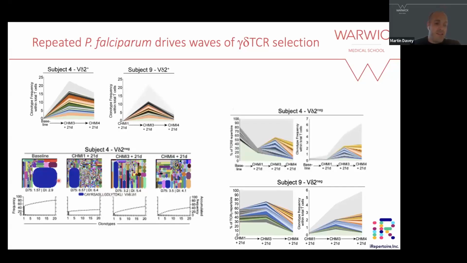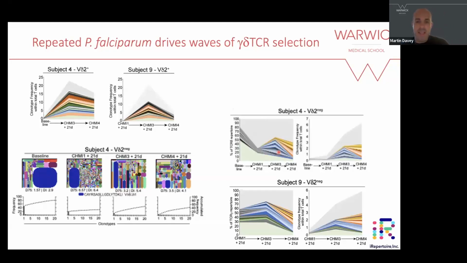And so what happened as they started into the CHMI, so CHMI 1, 3, and 4, I'm showing here, you can see this V delta 8 clone here, here, and here. But as you can see, it's not expanding. It's being diluted down and contracting. And in fact, what we were seeing was this sort of massive expansion almost of diverse clones. So if it was a polyclonal response, you'd expect this V delta 8 clone to be equal across all of these to some extent at least, but actually there were different things happening.